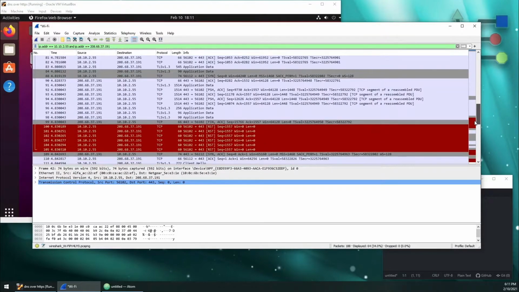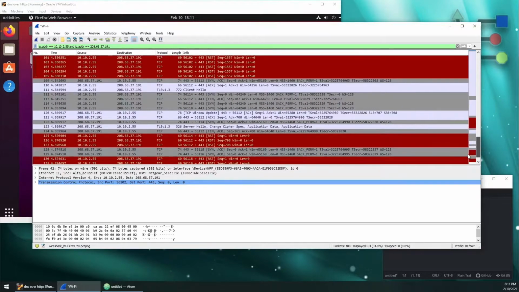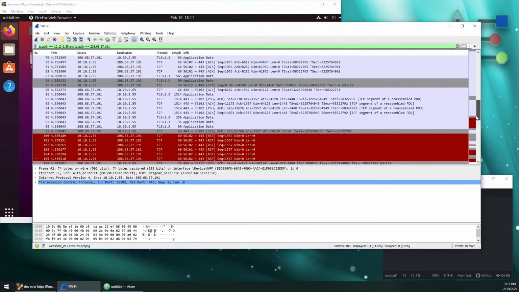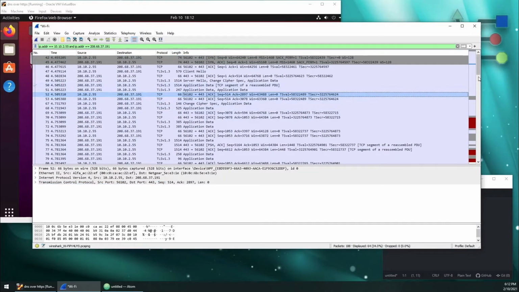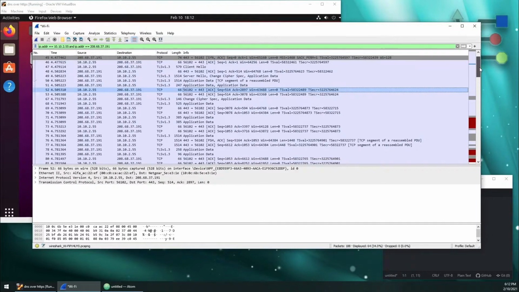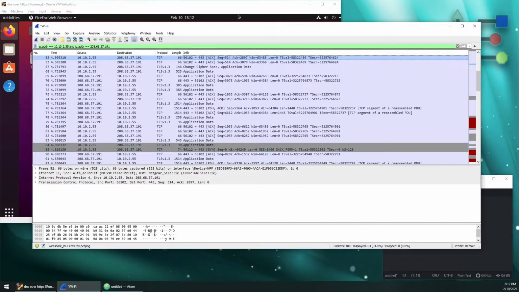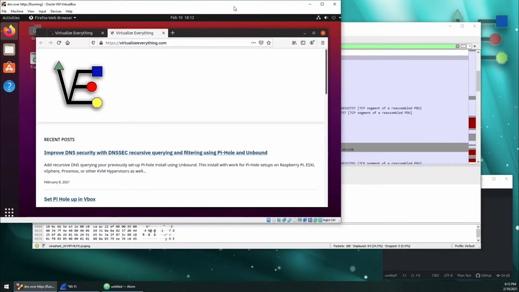Now for this demonstration, I care very little about what these packets are or doing, but as you can see, every packet has a source and a destination header that tells the computer or your ISP where it's coming from